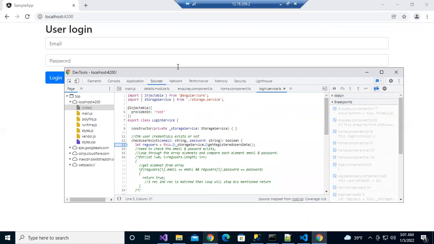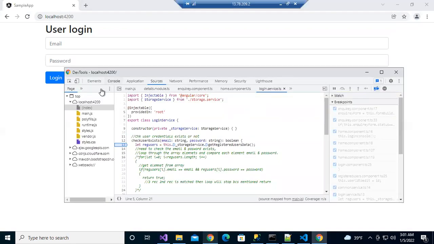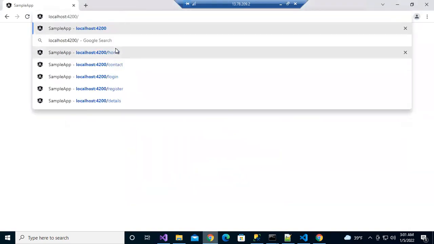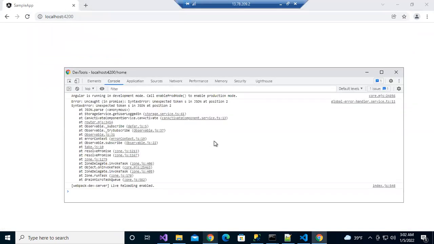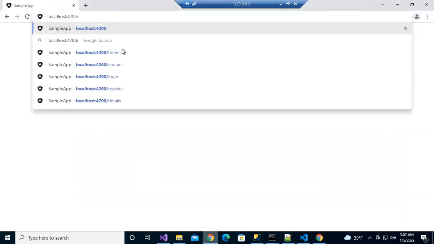Let me first check the console. Is anything there or not? Clear first. Go to the home. When you are trying to access the home, we created one function, right? That function will be called, it will log the exception. See here, syntax error, unexpected token at position. This is the error log provided by our function. See from where it came, it came in this file. So which is the file created by us? Put a debugger here. Try to access /home.